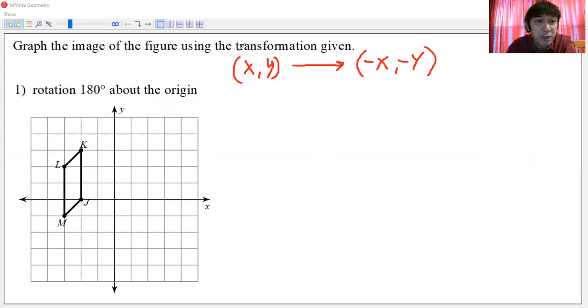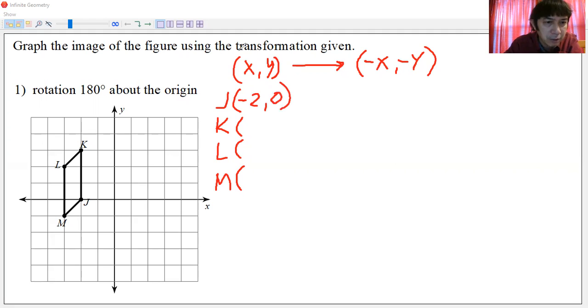So for our points here, we're going to consider the points J, K, L, M, alphabetized. So J, K, L, and M there. And so we're going to gather the coordinates of each, starting from the J, that's negative 2, 0. At this point, you should be able to read the coordinates of each, even without the numbers, just by using the grid lines, okay? Each grid line is one count. So that is actually negative 2, 0 to the left of the point of origin. So this is negative 2,